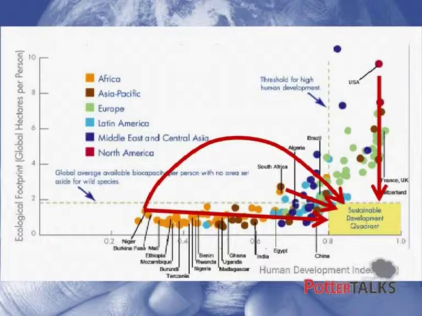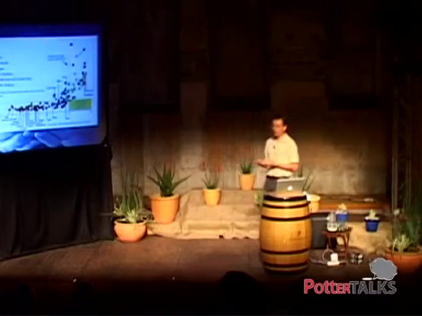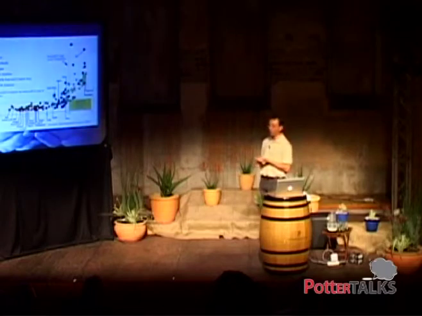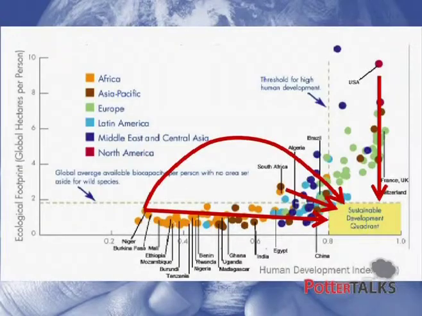But what we've also got to think about is human development. And particularly in the African context, there's a development imperative. The average standard of living is very low, and this is reflected along this axis here by one of many indices one could use to describe well-being at the nation state level, the Human Development Index. And as you'll see, most of Europe and some of Latin America and the Middle East is sitting to the right of this value of 0.8, which is some sort of threshold for a decent standard of living. And then the rest of the developing world is sitting to the left.